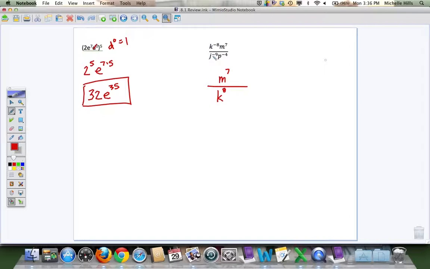J is not happy. It wants to move, so it moves from the denominator to the numerator. J comes before m alphabetically, so the j to the positive 9th power now goes in front. Again, the p, not thinking happy thoughts. It wants to move. It moves. Thoughts become positive. J alphabetically before M before P. Those should be in that order.